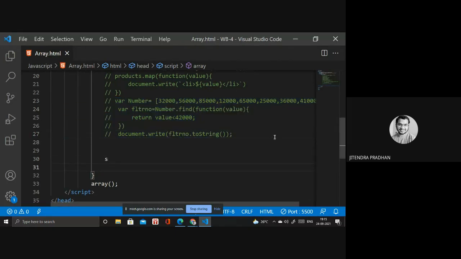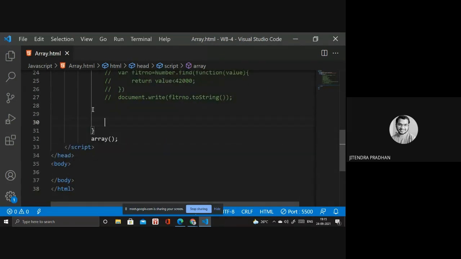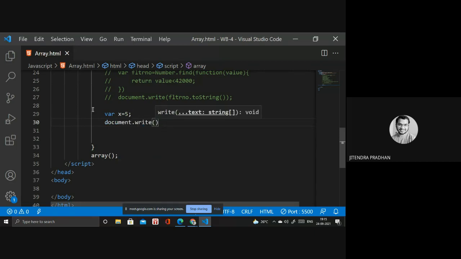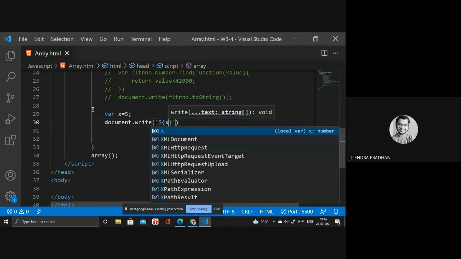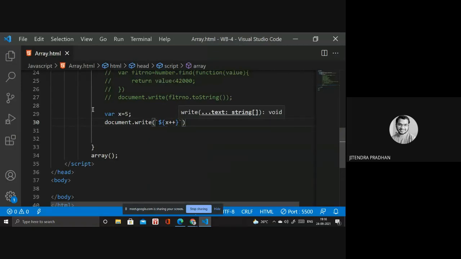Basically, we have a variable. Sorry. So first thing, we take a variable like a variable x equal to 5. I want to print document.write. Inside I need to print x plus plus. x plus plus, right. And I want to print the line break.